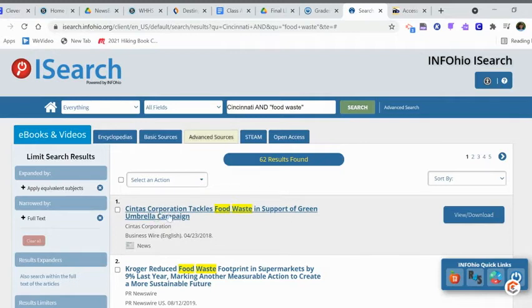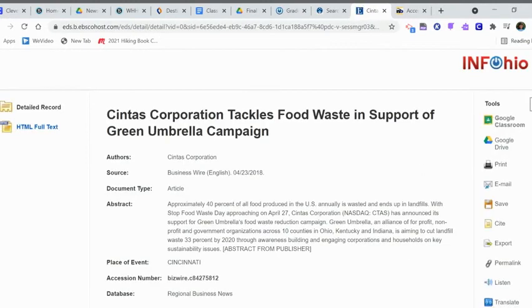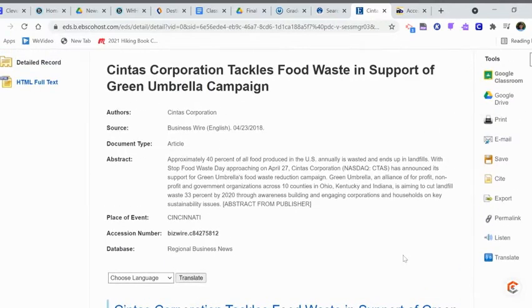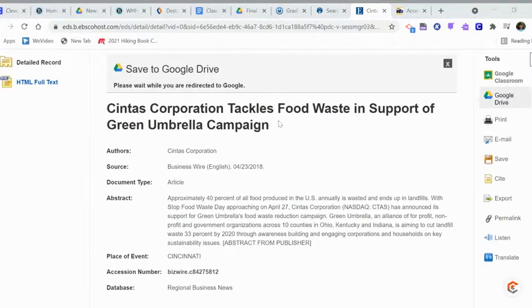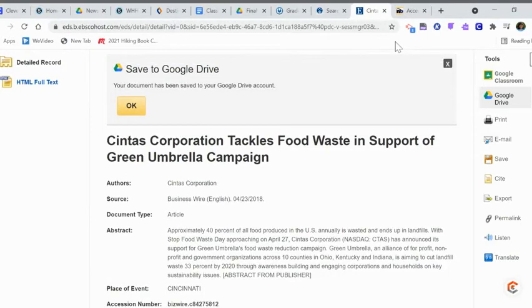Here's one about Cintas Corporation. So what you do is you download the article, and it gives you that article. This is about tackling food waste, so that looks good. And once again, you want to save it to Google Drive. Now listen, you just choose your drive. This is important because when it saves it to your Google Drive,